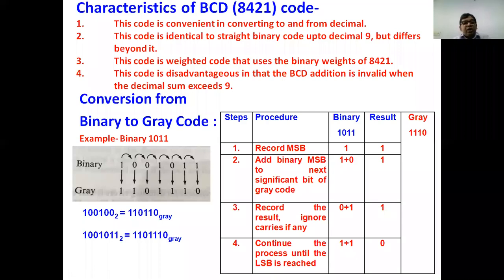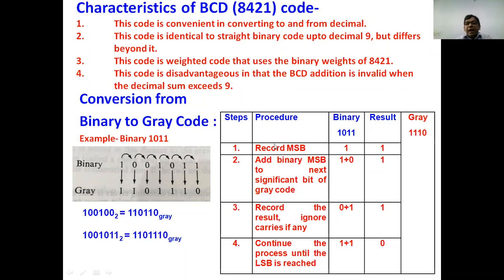Now we come to the conversion, from binary to gray code or gray to binary. When we talk about the conversion from binary to gray, there are a few steps. Record the MSB. For example, if you want to change the binary 1010 into the gray code, record the most significant bit of the binary, that is this 1,